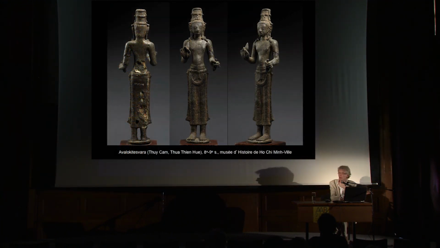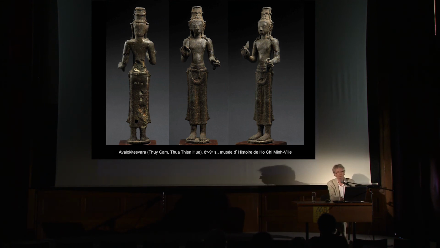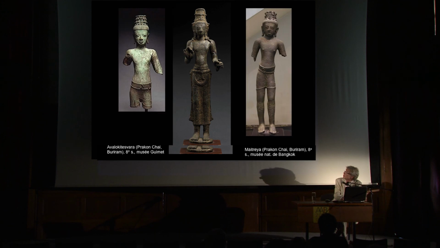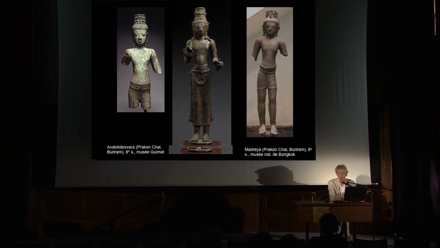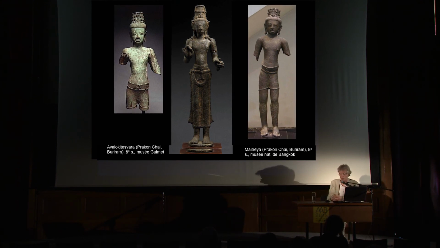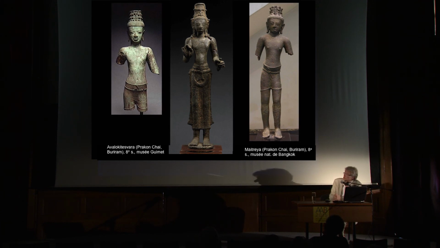And from time to time, the relationship with Cambodia is not far away either, because in the early period, Cham people had difficult but sometimes deep relationship with Khmer people. They fought, of course, a lot, but sometimes there were marriages. Well, you could say that marriage and fight is not absolutely without any kind of fling, but this is also another question. So here we have a beautiful Lokeshvara in bronze of the Museum of Vietnamese History,